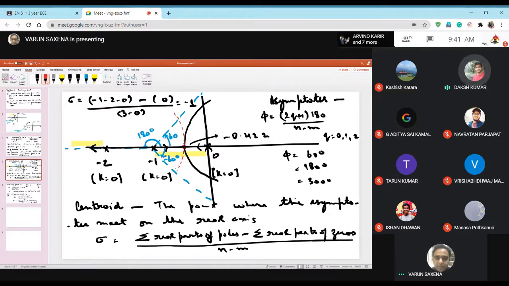Sir, we have already calculated the asymptotes and we need it. So we have already calculated the asymptotes. At larger points away from the real axis, they must tend to approach the asymptote. So that is why this dotted curve that I've made will not exist, because for this dotted curve the asymptotes have to be like this, and that is not the case. So this one will not exist.